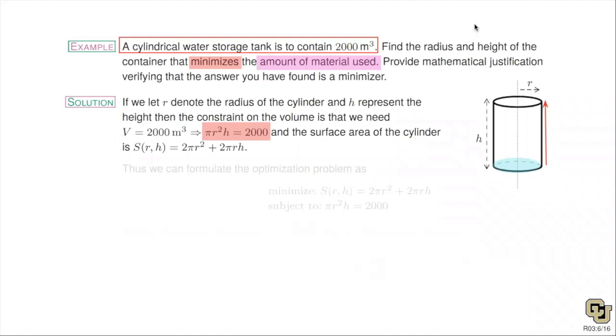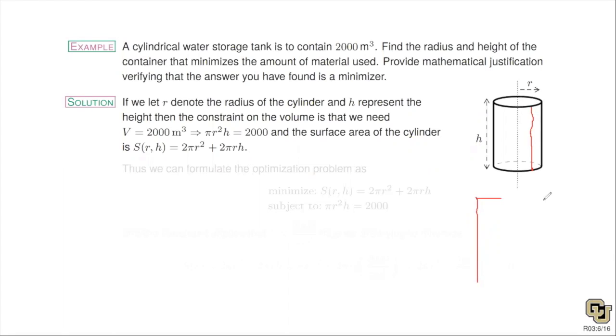So the other thing we need to calculate is the surface area. How much material do we need? And so for the surface area, the way I like to analyze this is I like to think, okay, let me cut this cylinder down the side here. Let me cut it and flatten it. So if I cut it and flatten it,